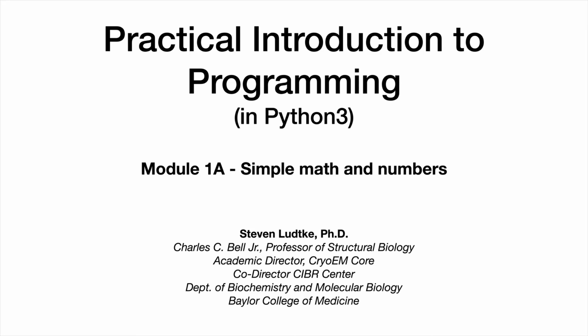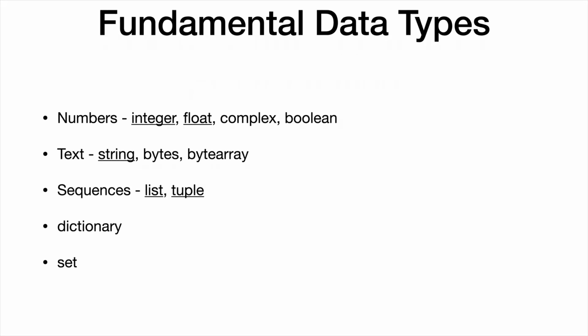In this module, we'll talk about doing simple mathematics and how numbers work in Python. This will be a relatively short module, pretty straightforward discussion. Python has a variety of fundamental data types. In this lecture, we're going to just stick with numbers. In the next module, we'll talk a little bit about strings, and then we'll move on to complex data types